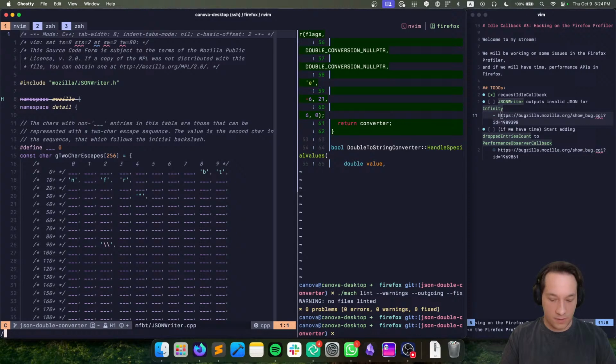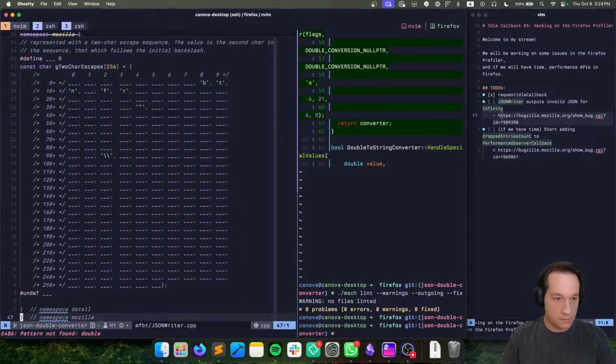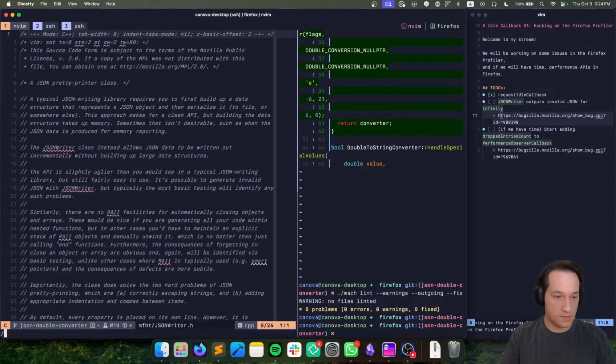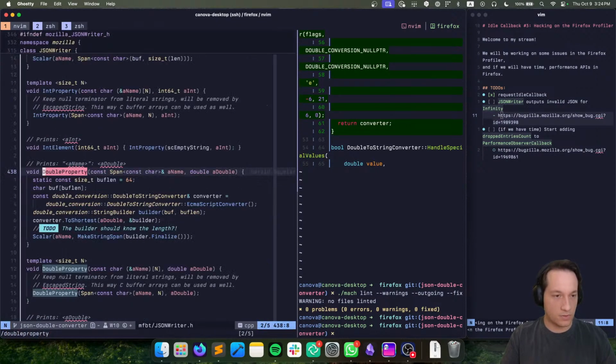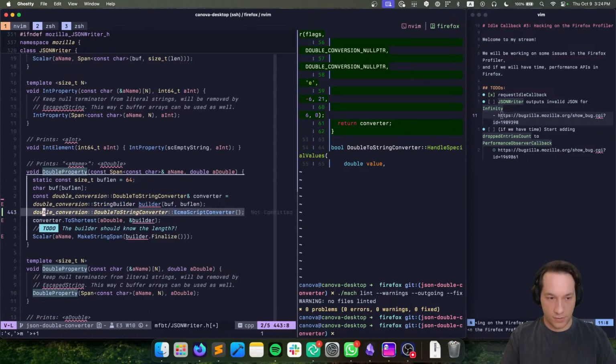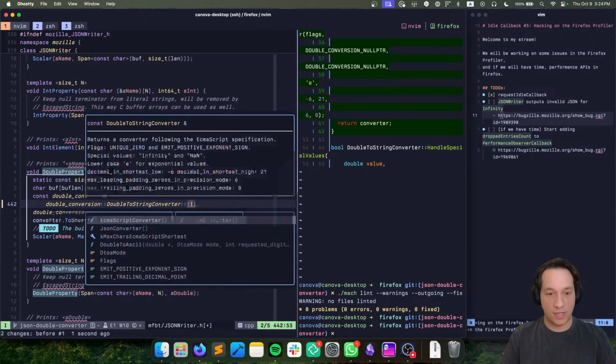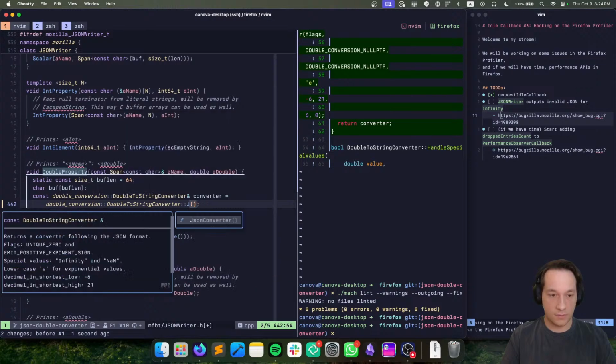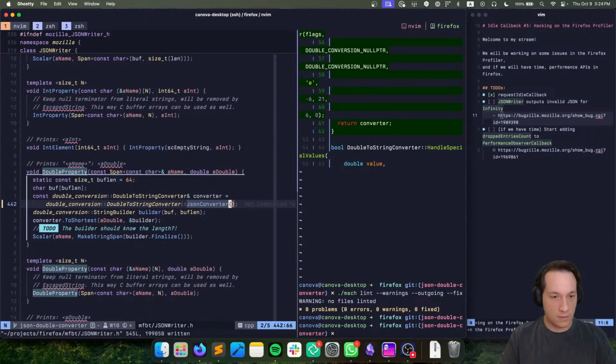We have double property or double. No, oh, maybe is it in header? Apparently it is. Yeah, here we go. So this is the converter that we have. I will change that to JSON converter, I assume. Let's check. Right, so now